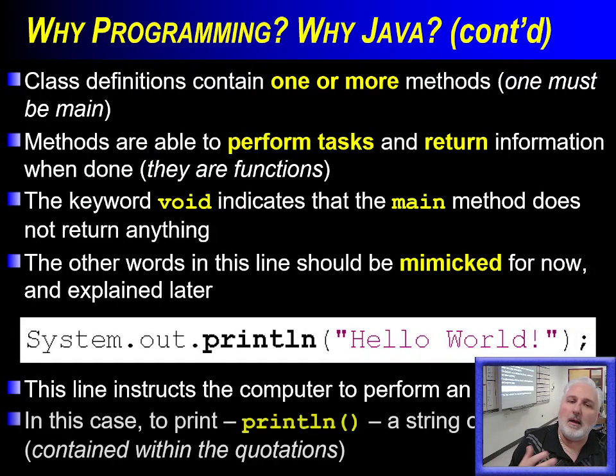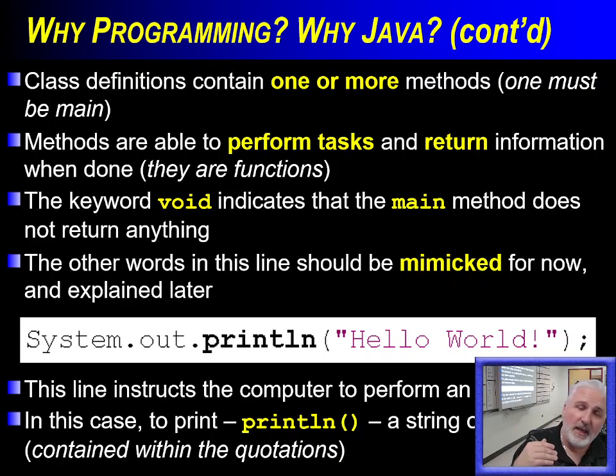Okay, now the key line, System.out.println, instructs the computer to go to the system. This will be the default output device. In most cases, that will be your screen. Out obviously implies that it's performing an output, and although println implies that we're sending it to a printer,